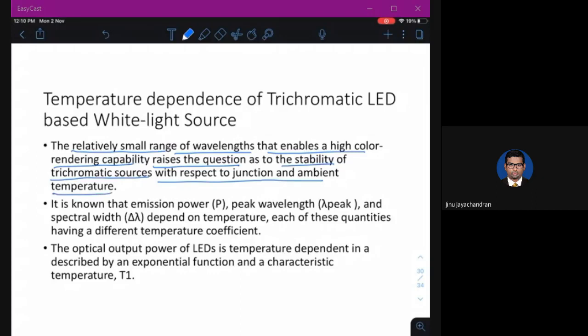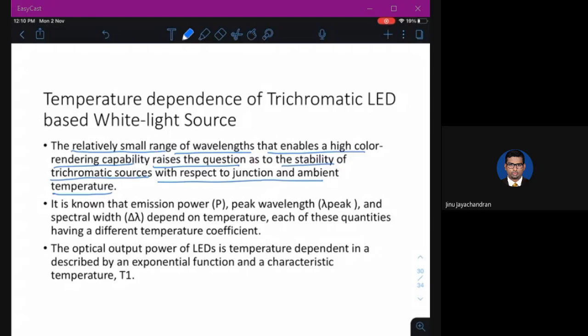So the trichromatic LED will generate wavelengths of a relatively small range, because you have from 455 to 605 nanometer. And even if the wavelength changes by 100 nanometer because of a change in temperature, it will generate a different color. Generating a different color means it will not now generate a white LED.